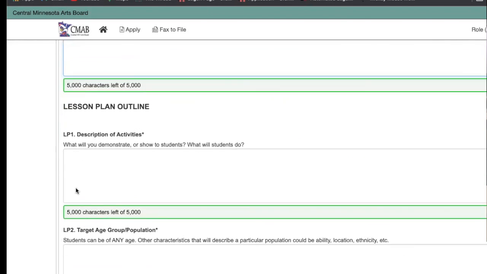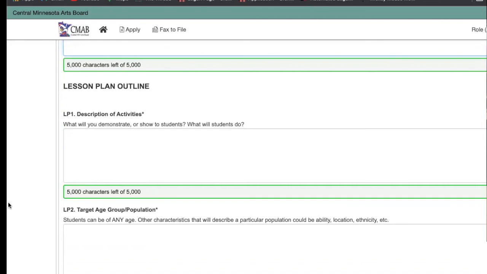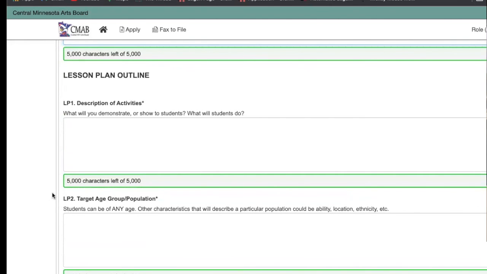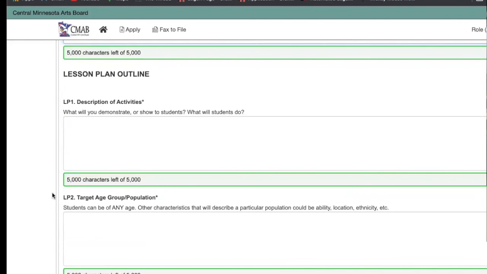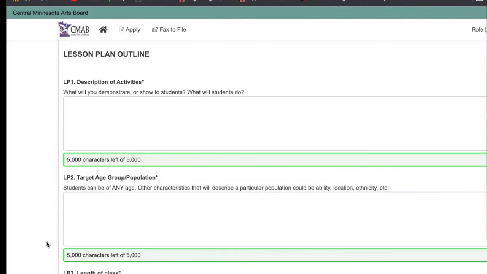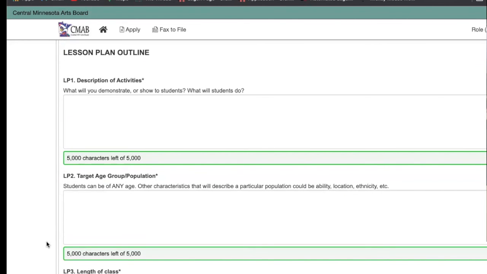And then finally, we ask you to outline a lesson plan. You'll see a few questions that show up in here, because we're really trying to break down that lesson plan format. If this is something you haven't done before, it's okay, and it may feel a little intimidating, but this is really to get you started on thinking about, if I'm going to teach people how to make photo collage reference paintings, what are the steps and how will I do that? And if you've never taught before, think about what's my dream group to work with, or what would I like to teach, and who would that be to?